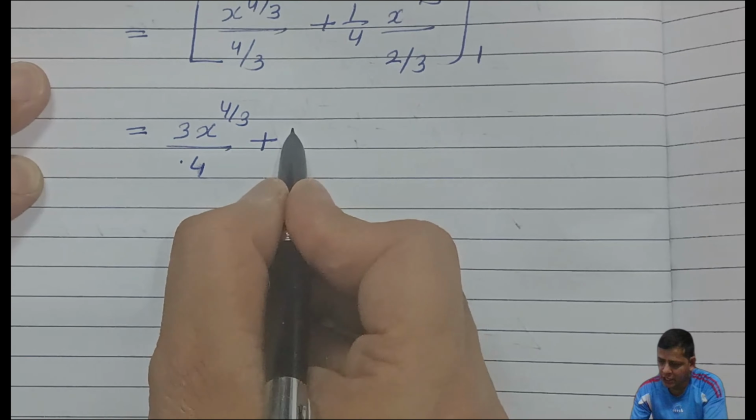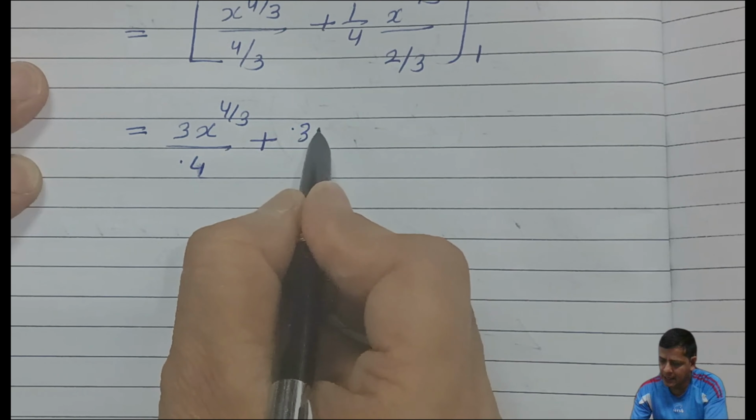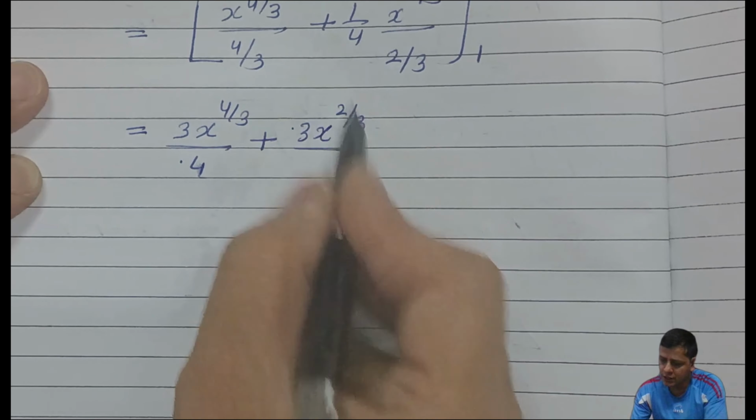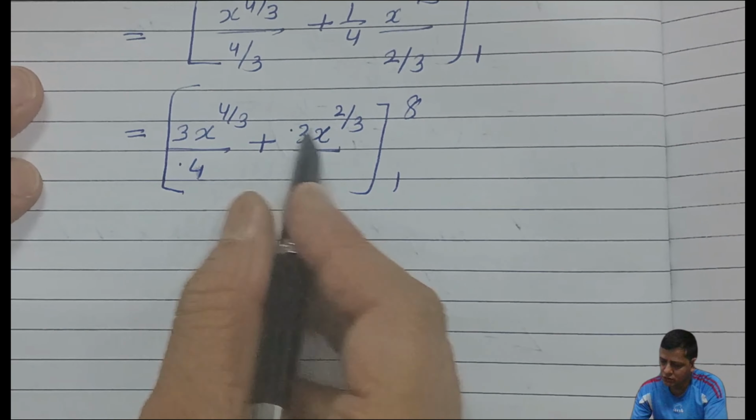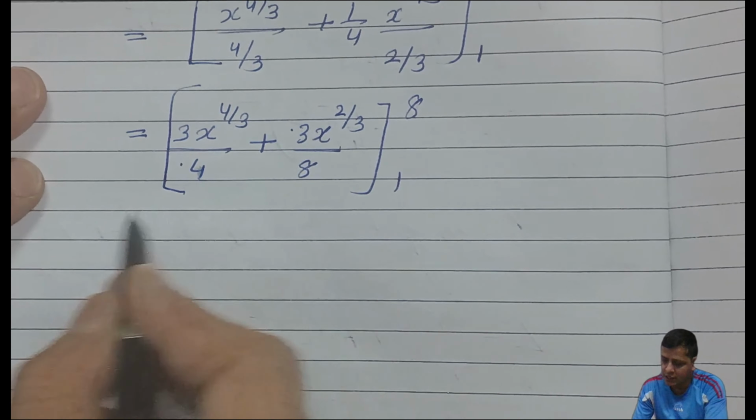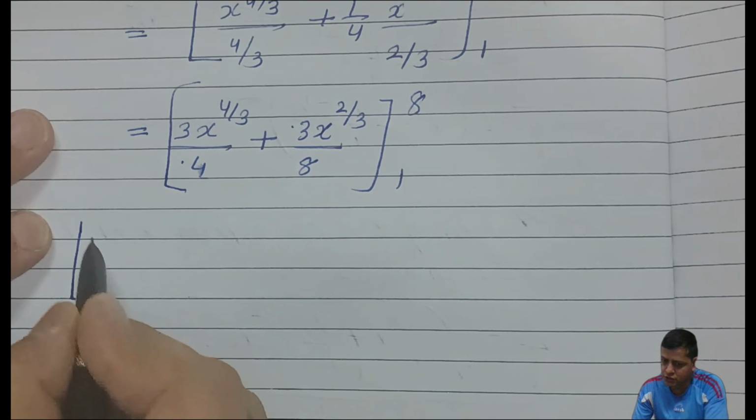So this went up, so we have changed it. Here also this goes up. It becomes 3x to the power of 2/3 by 4, from 1 to 8. So that's what we got till now. Now, once you substitute x with 8 and subtract by substituting 1, you will complete your integration portion.